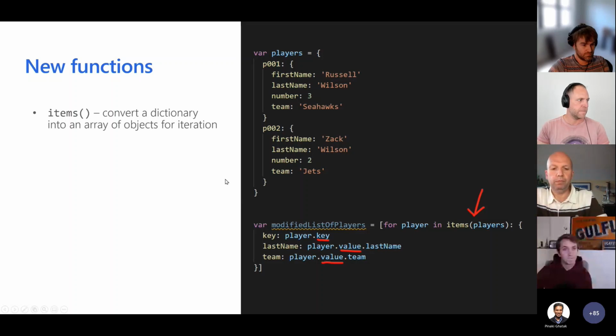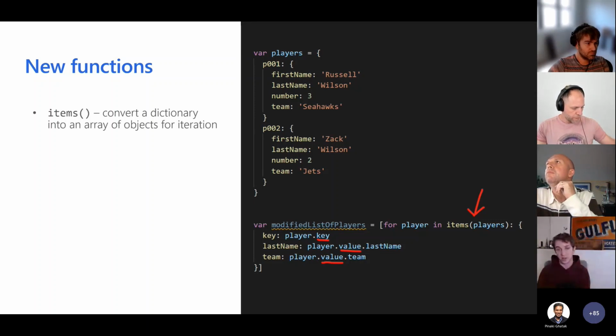The other new function is the items function. So this allows you to take a dictionary and iterate over it. So today you can only iterate over an array, and if you have a dictionary like this, you're kind of out of luck. This items function literally converts your dictionary into an array of objects so that you can iterate through them in a loop expression.